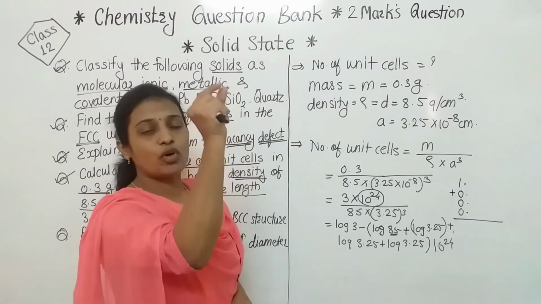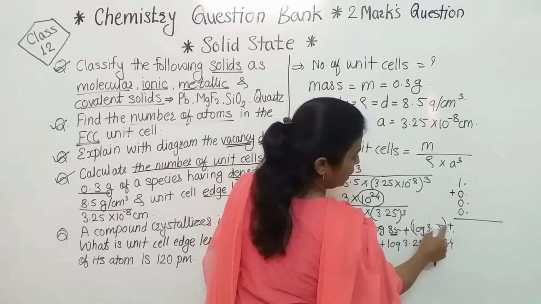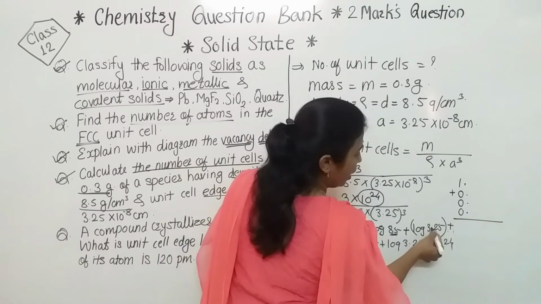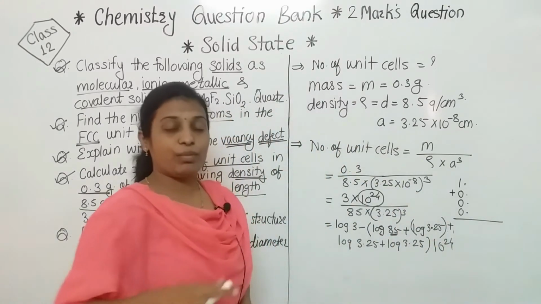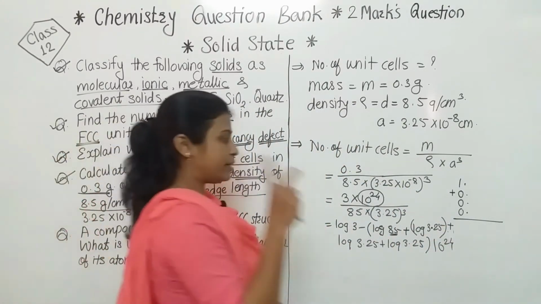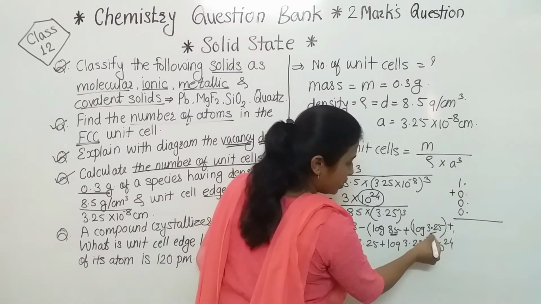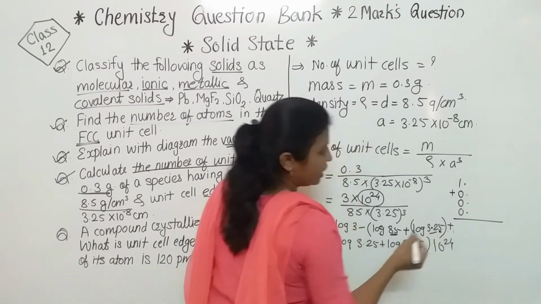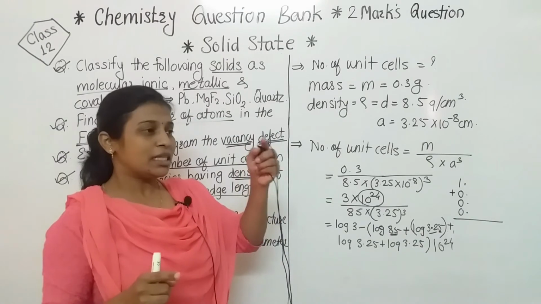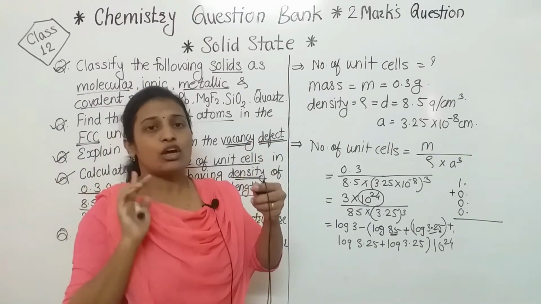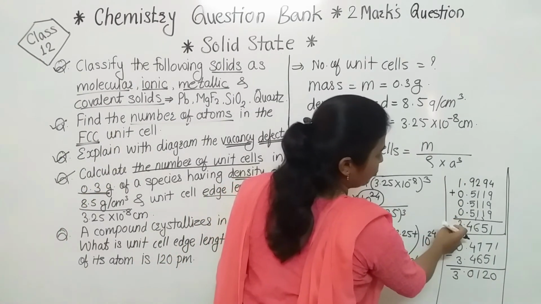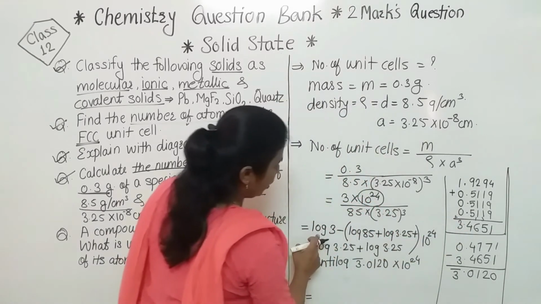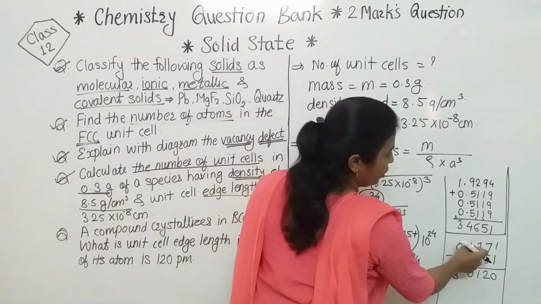85 का 0 के column में 3.25. See, that decimal we have to consider for the characteristic, but when we want to see the log at that time we have to take that 32 का एक ग्रुप और 5 का एक ग्रुप. मतलब इसको कैसे देखेंगे, 32 के रो में 5 के column में. I have taken the log after that addition and now we have to take the log of 3, that is